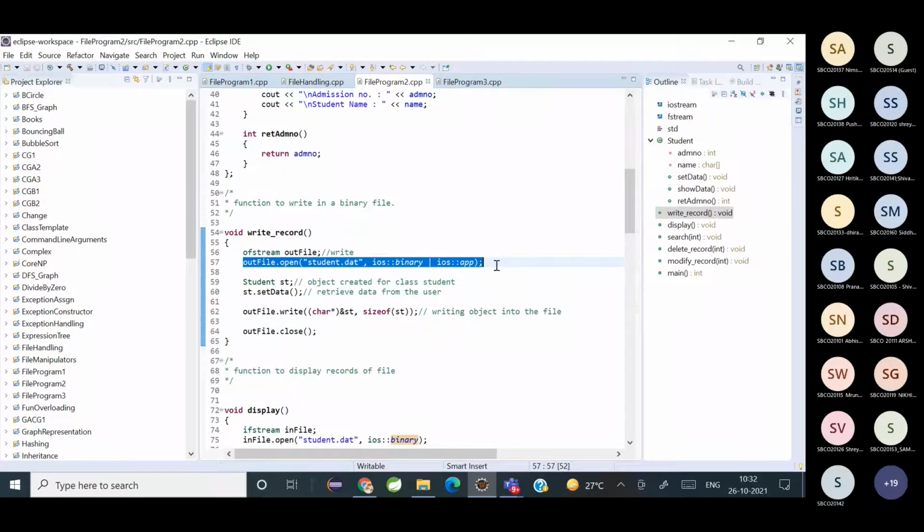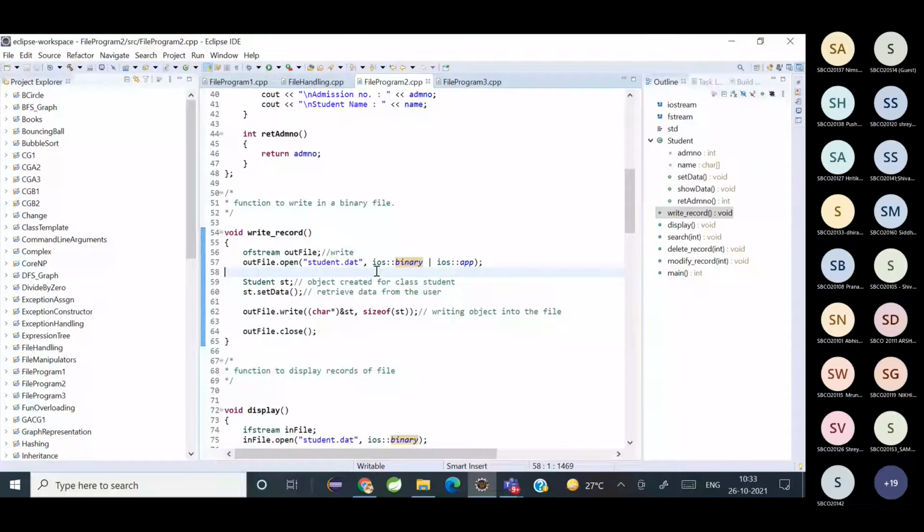Yes, ma'am. Okay. Then, can somebody tell me what the other file opening modes are? We have ios::binary and ios::app.